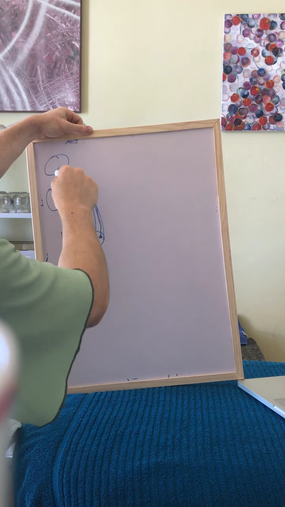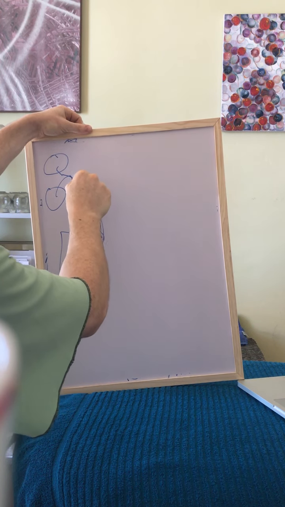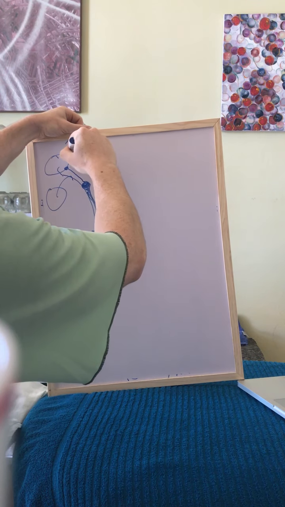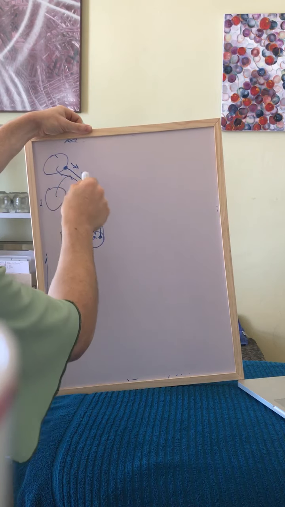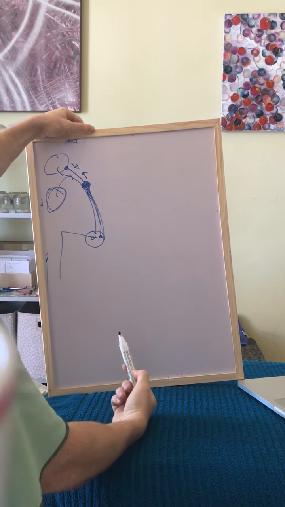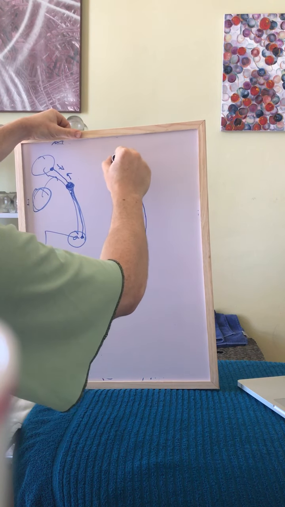So the thing that's holding your head up is muscles that are in the upper back, and they're attaching to the base of your skull, and they're pulling that way, right? Because if they're not, then this is where you end up. Okay, so if we want to make it a bit more,